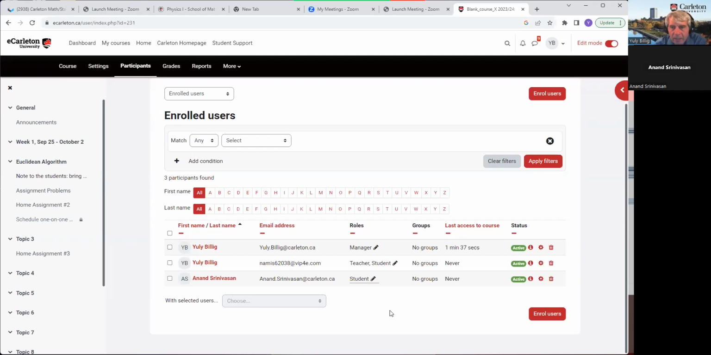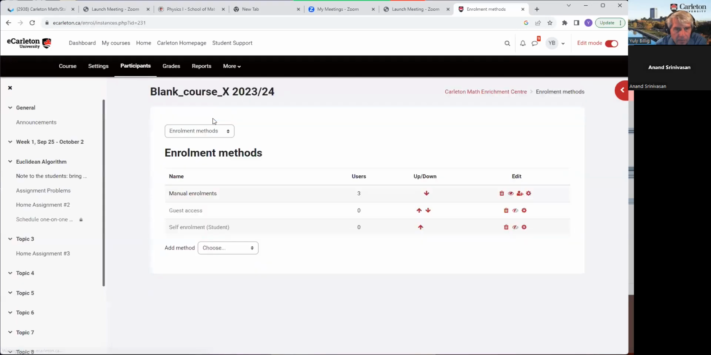And so then there are also, here somewhere, enrollment methods, right? Currently this does not allow self-enrollment, but if we go to self-enrollment of students and click here